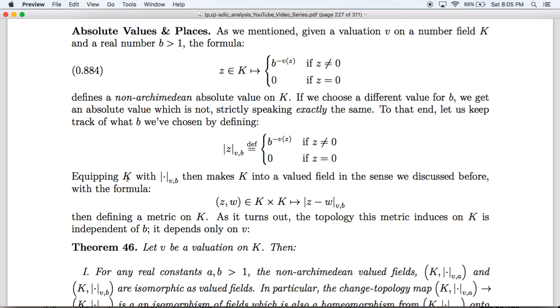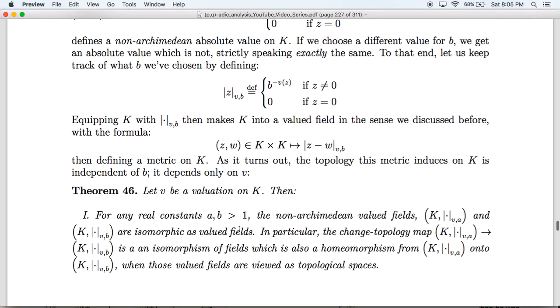We can then equip k with this absolute value, which makes k into a valued field, and then we get a metric on k by the formula which takes two elements of k and considers the vb absolute value of their difference. As it turns out, although we are allowed to freely change the value of b, the metric we get